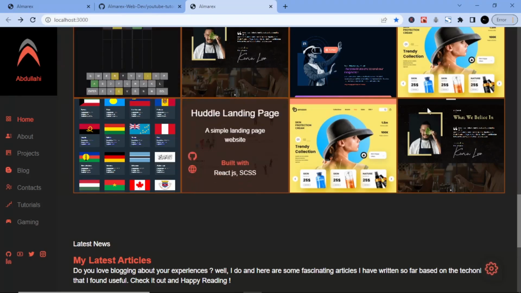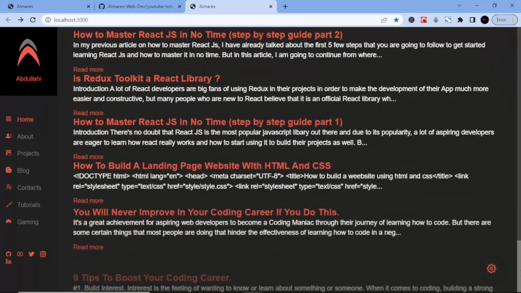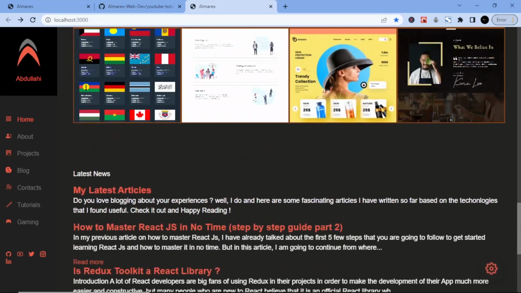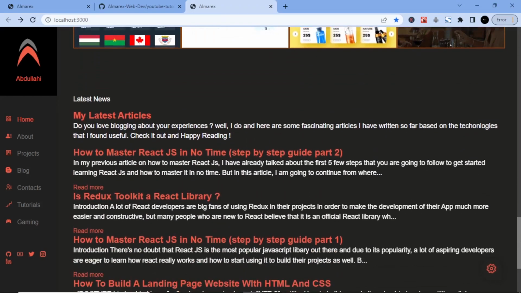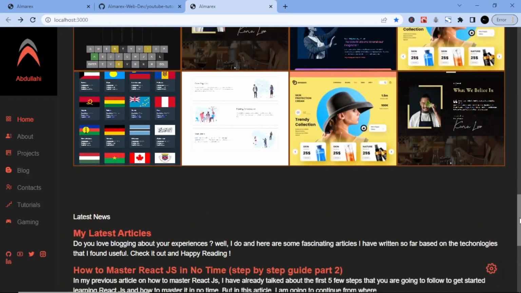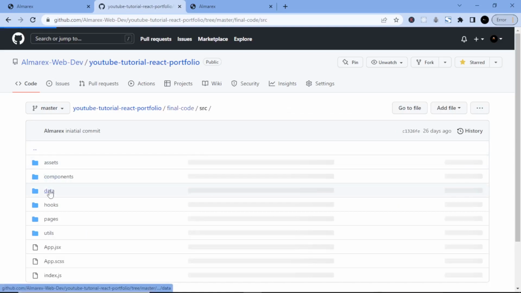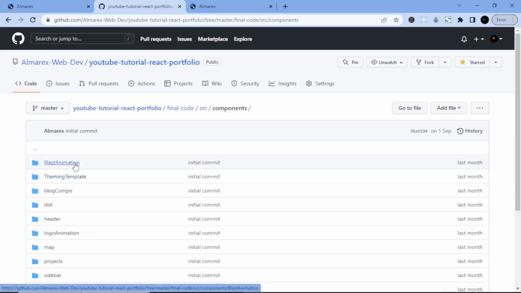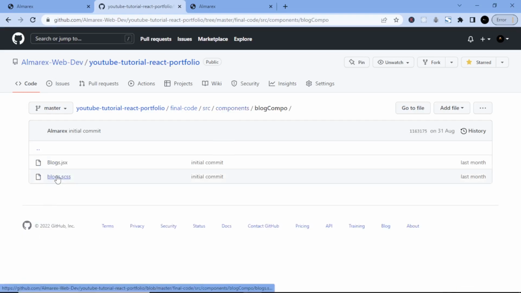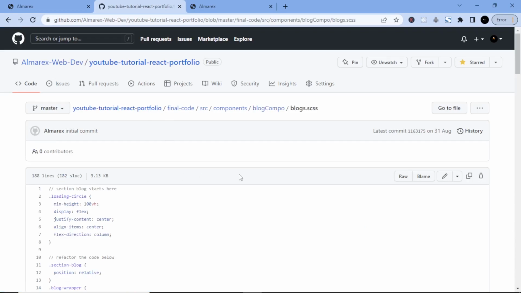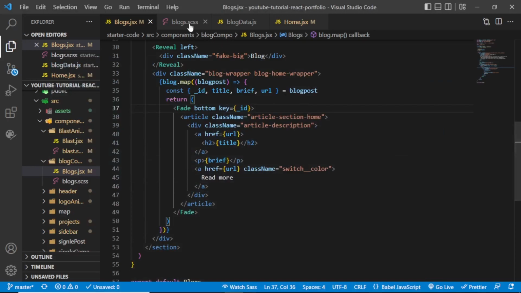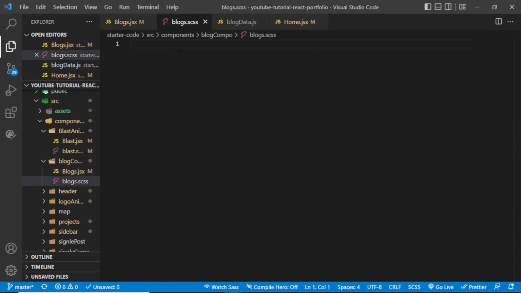And yeah, of course, this is everything that we got right here, but everything seems redundant, and for us to get the stylings that we want, we need to navigate to my GitHub repo and copy the SCSS styles. So let's do that. Go to my GitHub repo, go to the final code, and click on the src folder, and then the component, and click on blog compo. So inside this folder you should see the SCSS file. Just copy everything like so, and go back to your text editor, go to blogs.scss and paste everything you just